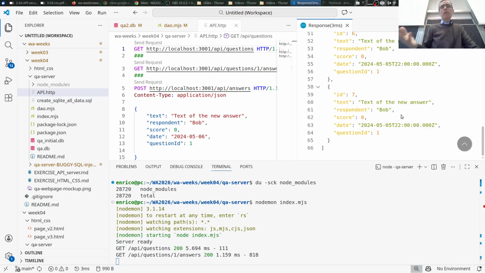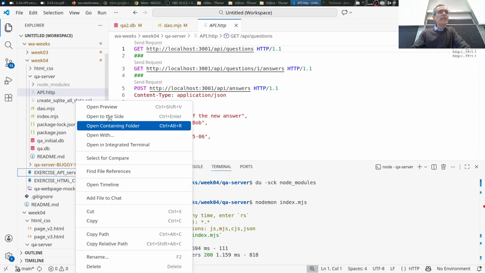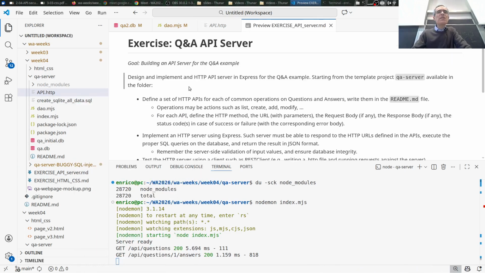We don't care, okay? So we have no checks on the server side. So let's try to design different APIs. Okay, there's an exercise. So the text says,